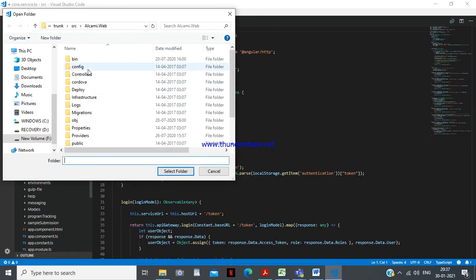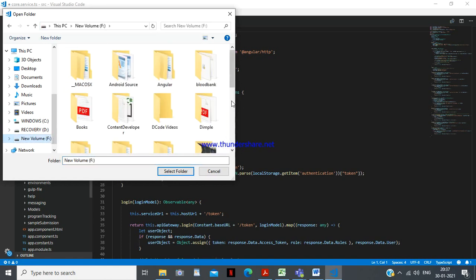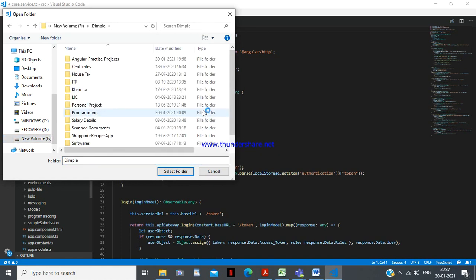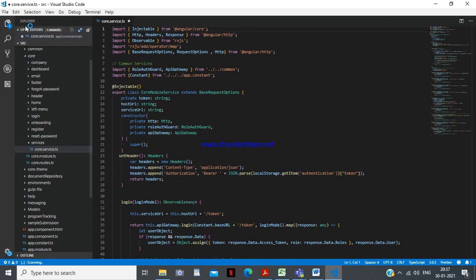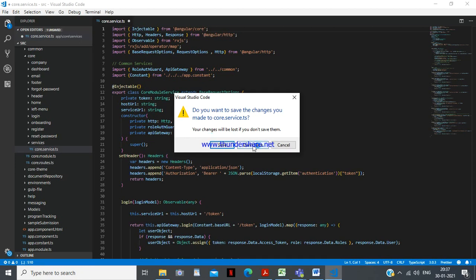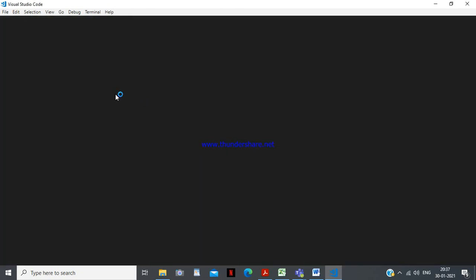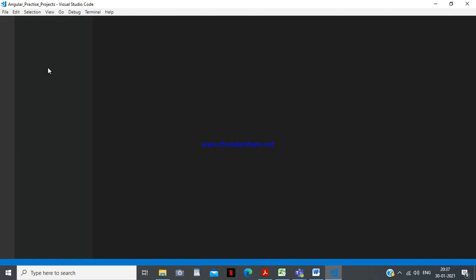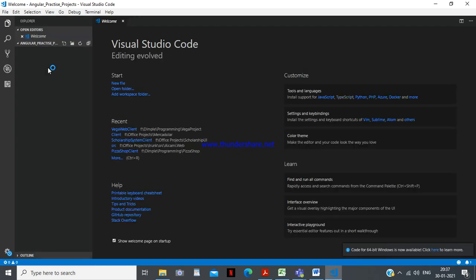So I'm selecting that folder from my Visual Studio Code. Now you can see this. Now go to the terminal.